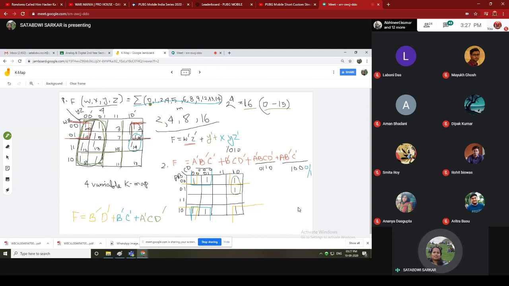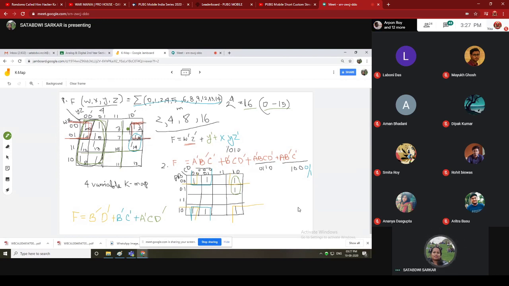So see here, for M0 we are putting 1, for M1 we are putting 1, for M2 we are putting 1, 4, 5. In this way we are putting 1 for these values that are mentioned in the first bracket. Now the second step is to make a group or to form a group.